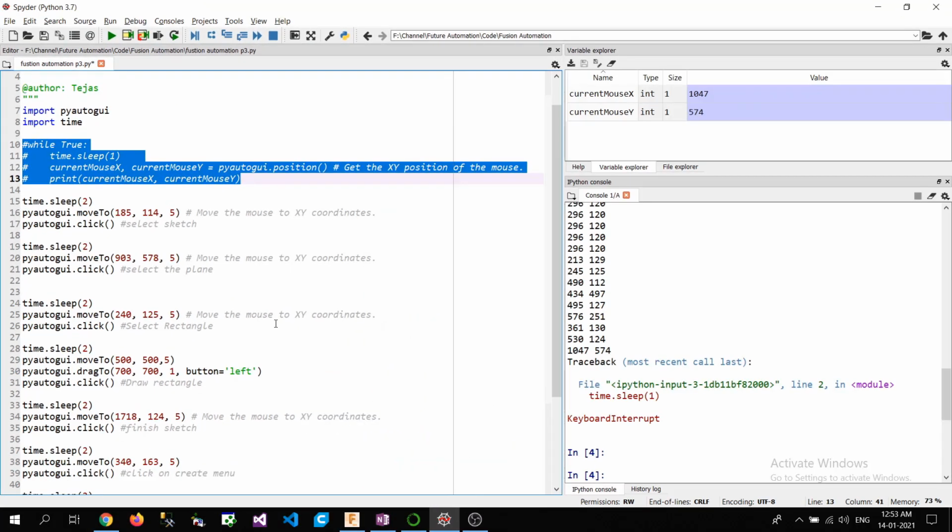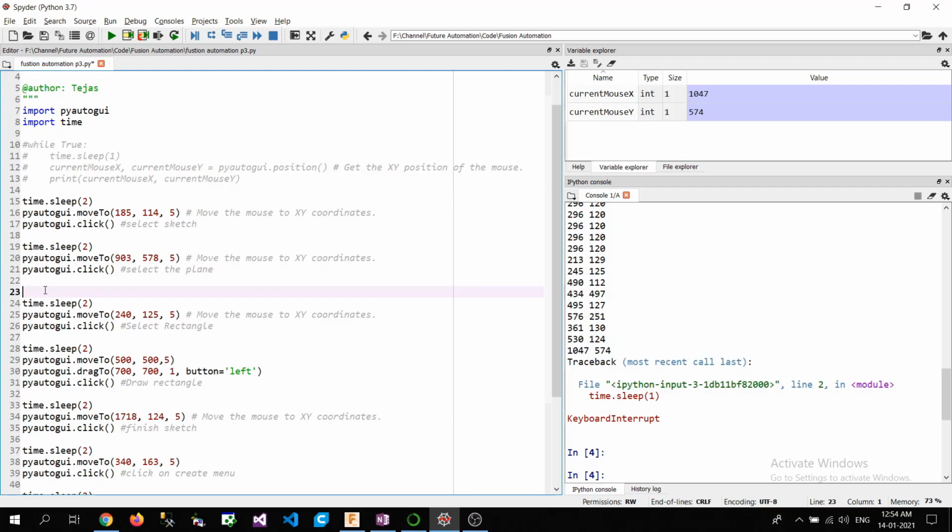Now maybe we can write code so that it will ask us which kind of sketch we are interested in drawing, and then we can select between line, rectangle, and circle. Okay, we'll do that. So option equals to input, and then